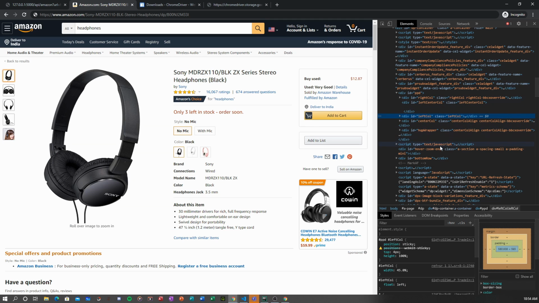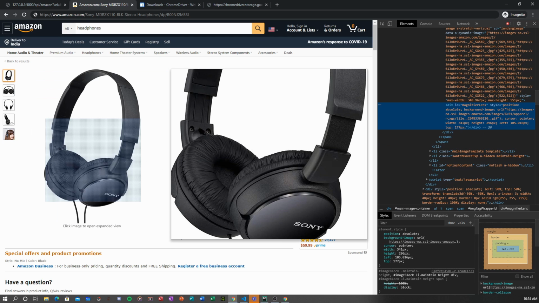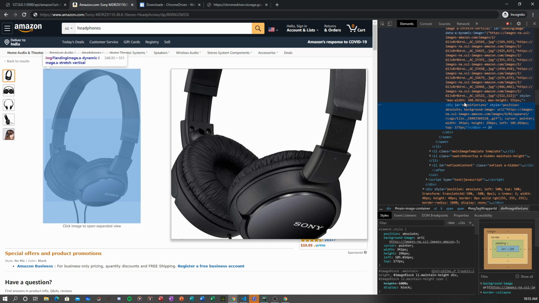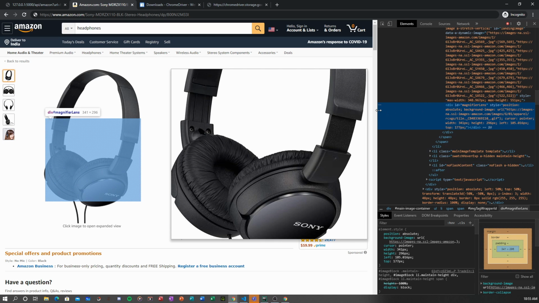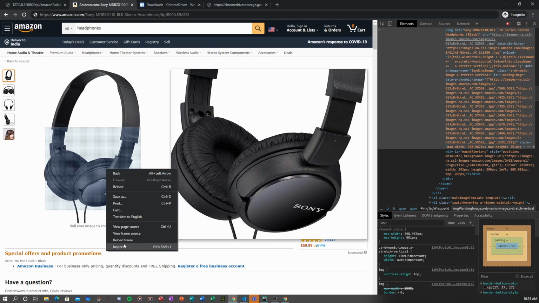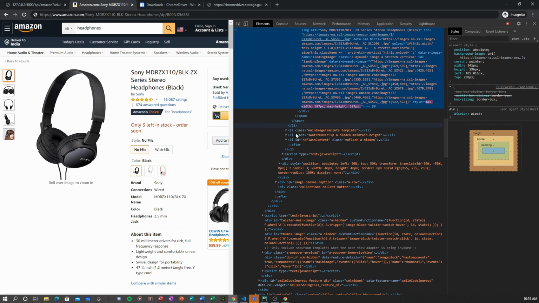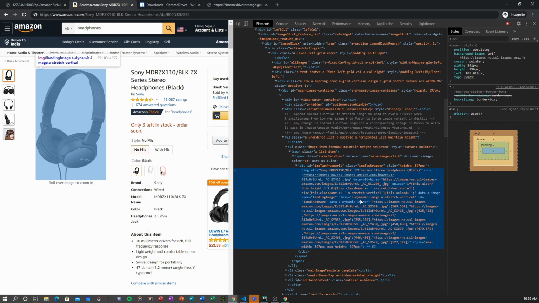we have to find the image. We're going to inspect. This is a little complicated, but it's actually very easy but complicated at the same time. So you see this image here.